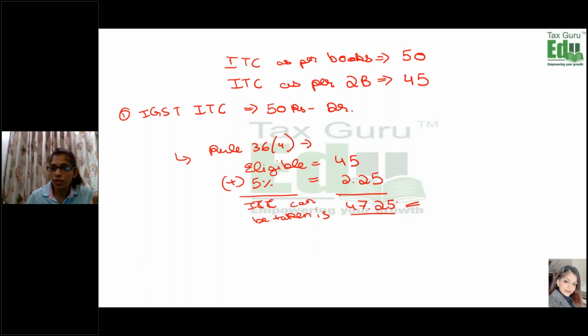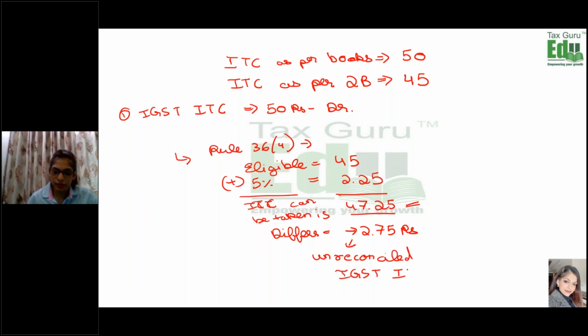So for July, I am allowed to take this ITC. But as per books, what is there available with me? That is 50 rupees. So what do I do? The difference. What is the difference in ITC? What I am not allowed to take? Difference is 2.75. This amount will lie in which account? Unreconciled IGST ITC. So what I do on the 31st July, when I'm going to pass my adjustment entry, I pass